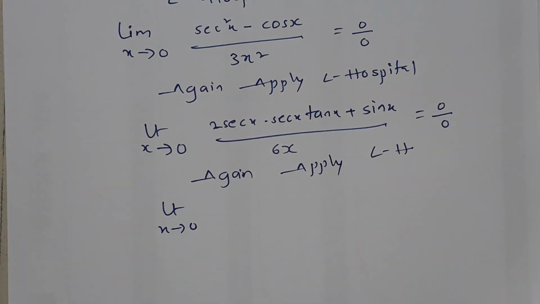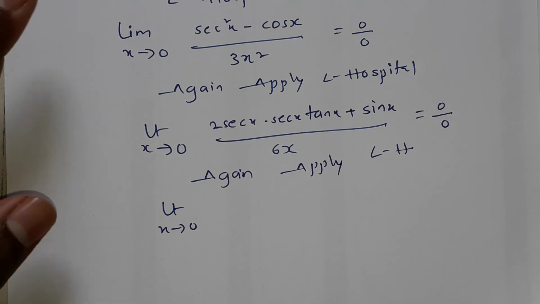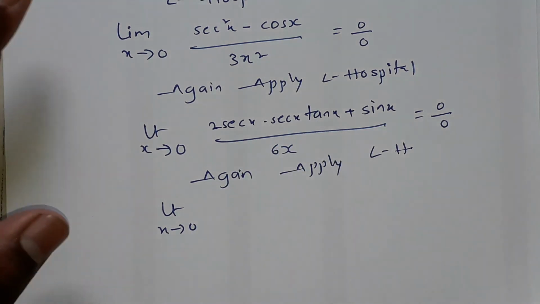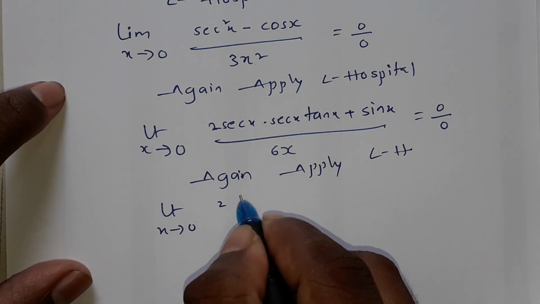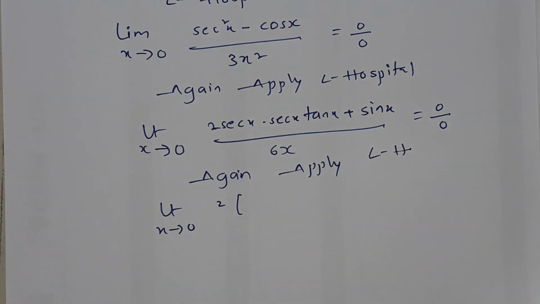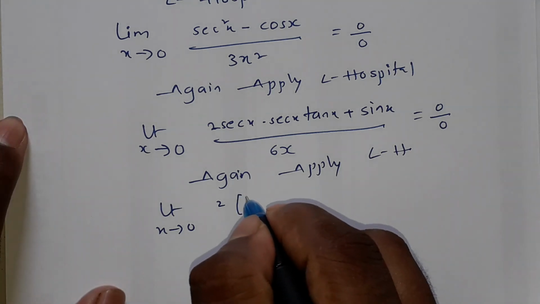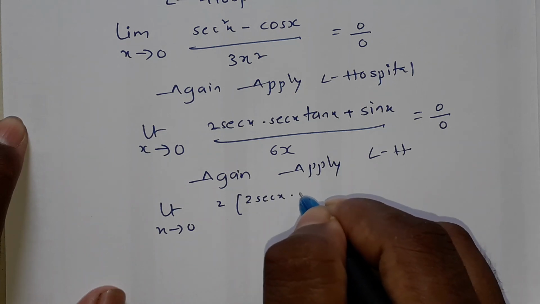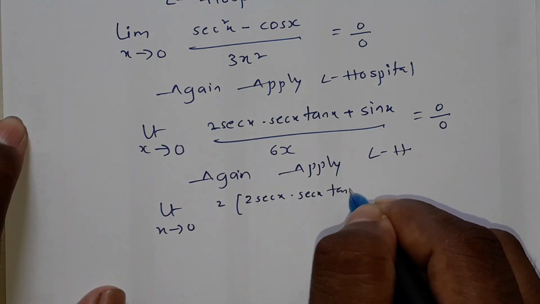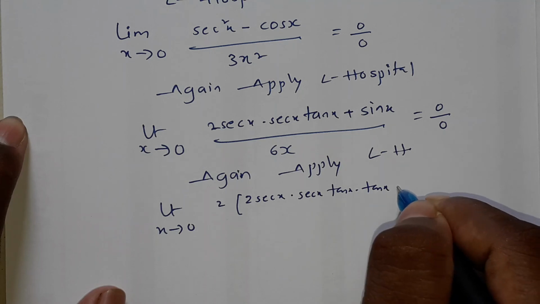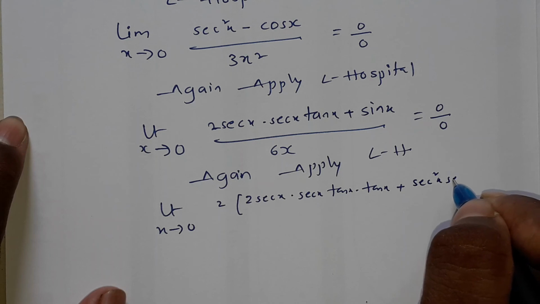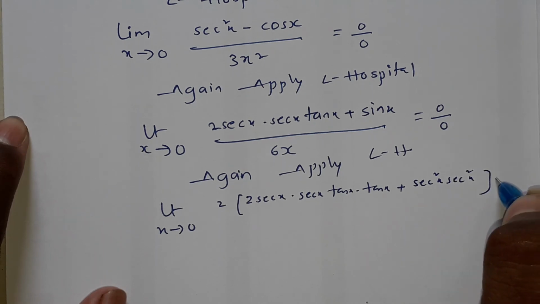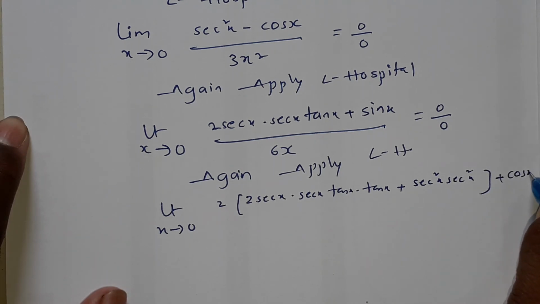Limit extends to 0, 2 secant square x tan x. 2 is the constant. Secant square x tan x, 2 secant square x tan x, derivative is 2 secant x into secant x into tan x into tan x plus secant square x into secant square x, minus plus cos x by